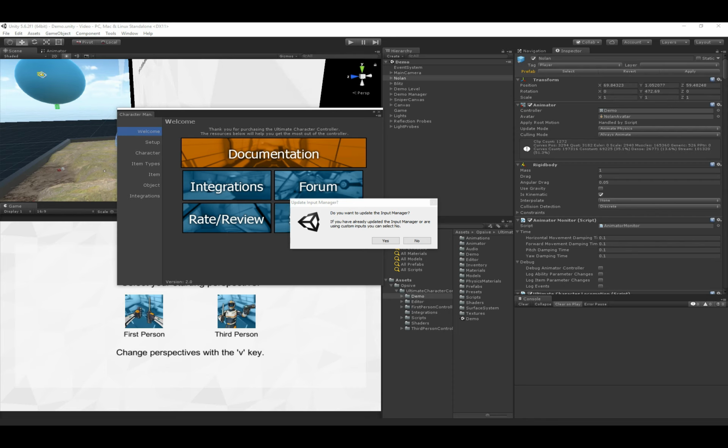In this video, I'm going to go over how to set up your project and scene to work with the Opsive Character Controller. For this video, I'm using the Ultimate Character Controller, but the same steps apply to any of our character controllers. So I've already imported the Ultimate Character Controller into my project, and the first thing that I